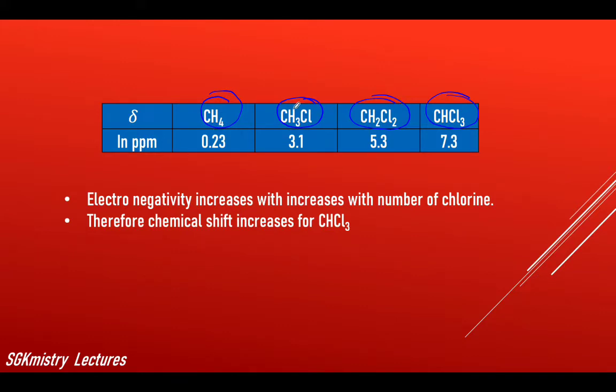Here, you can see that for CH4 there is no electronegative atom at all, so the position of the peak is at 0.23 ppm. Now here in CH3Cl,